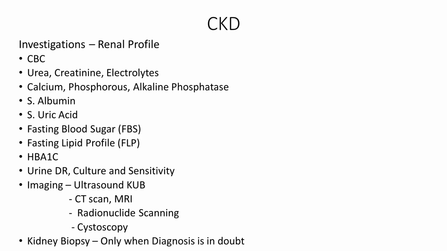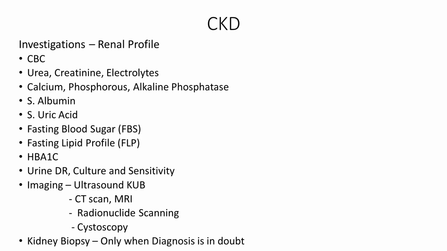We have to perform fasting blood sugar, HbA1c, because most of the patients, almost 50% of the patients with chronic kidney disease suffer from diabetes. Similarly, fasting lipid profile, urine routine and culture to exclude infections. And in imaging, we do ultrasound KUB, if needed, CT scan and MRI. Radionuclide scanning like DTPA and MAG3 scans, but they are usually not performed,